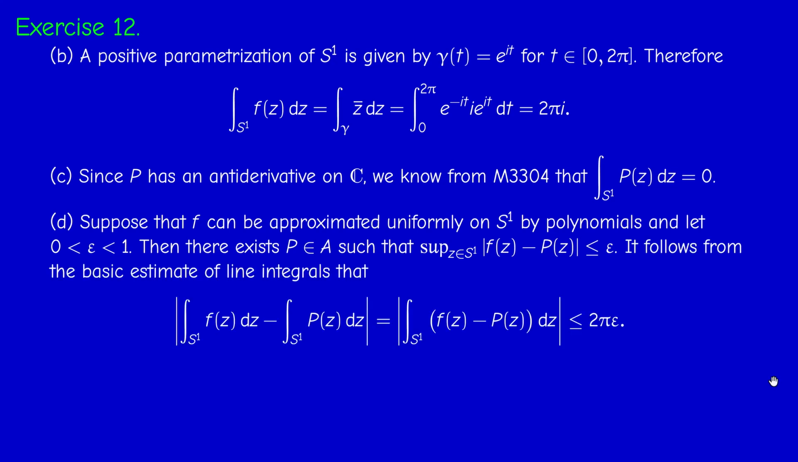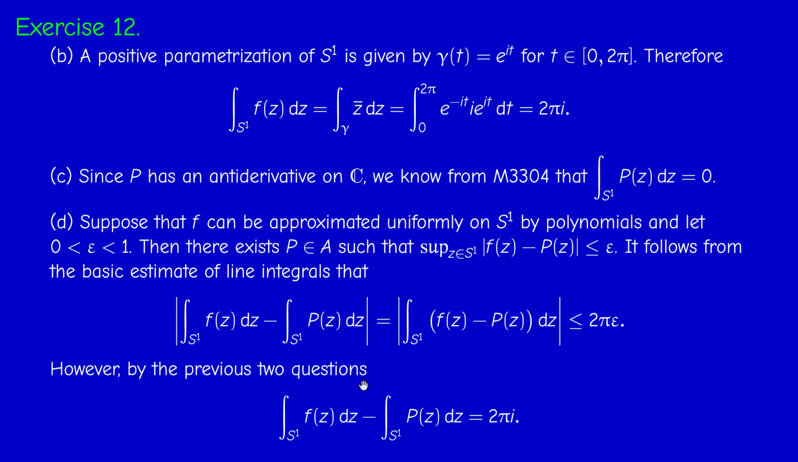So by the fundamental estimates of integrals, first we write the difference between the integral of f and the integral of p inside one integral. And now the modulus of the integral is less than the length of S1 times the maximum of |f(z) - p(z)|, which is less than epsilon. So the difference is less or equal than 2 pi epsilon. However, this is 2 pi i and this is 0, and so we get